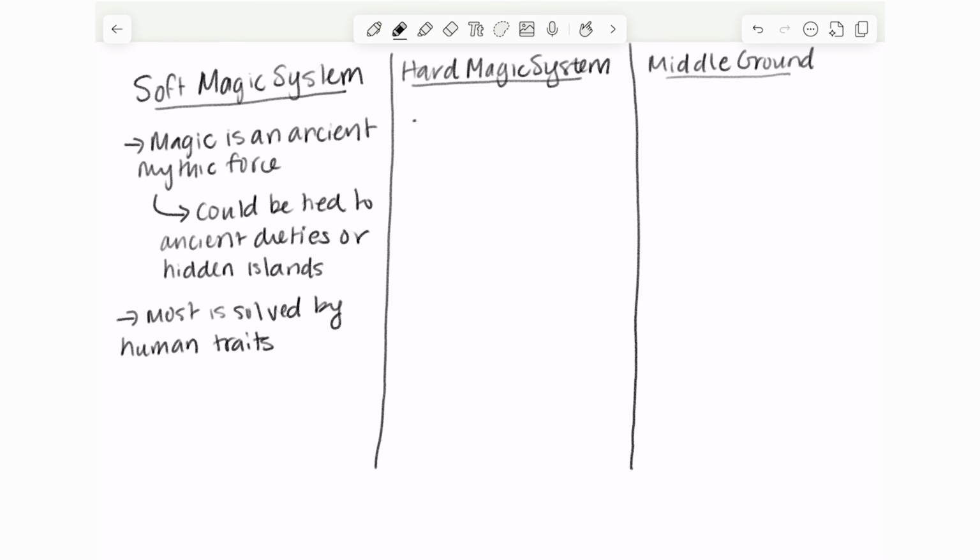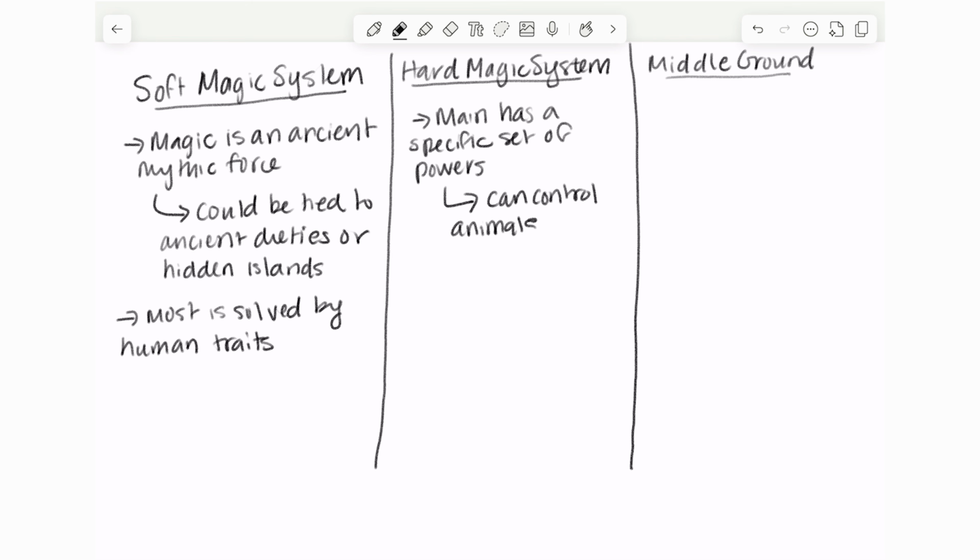their goals. On the other hand, if I were to write this as a hard magic system, I could give that female pirate, my main character, a specific set of controls over the maritime world. So maybe she has the power to control specific creatures, and someone on a rival crew has the ability to summon weather. And I could set up battles between these two crews where their powers are working against each other.